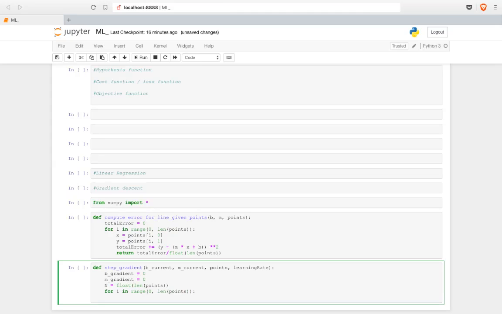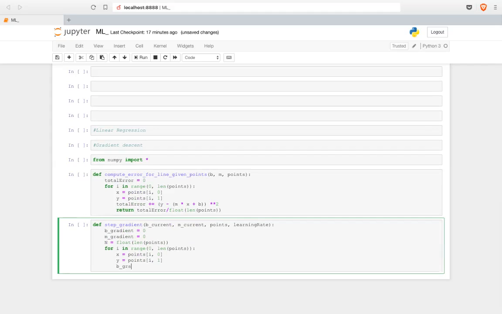So you're just looping over your entire data set. Now this is your x and this is the y. This is where you calculate your gradient. Gradient is nothing but your derivative, your particular derivative. So your normal cost function is, say, y minus